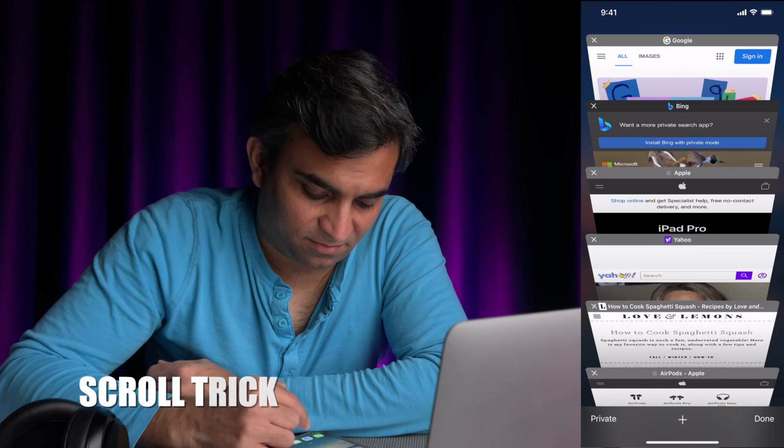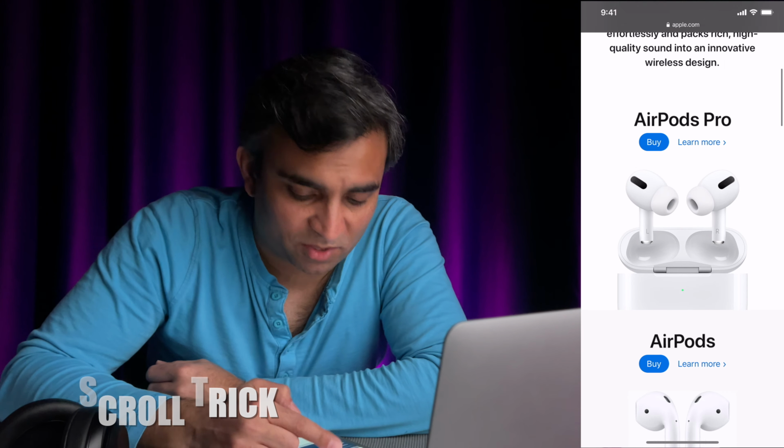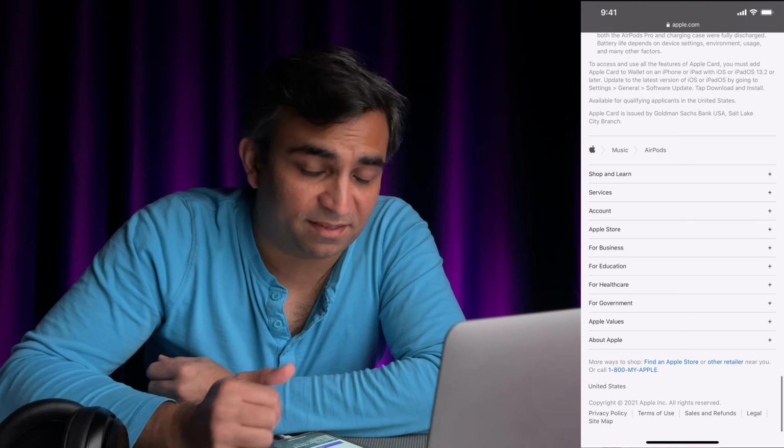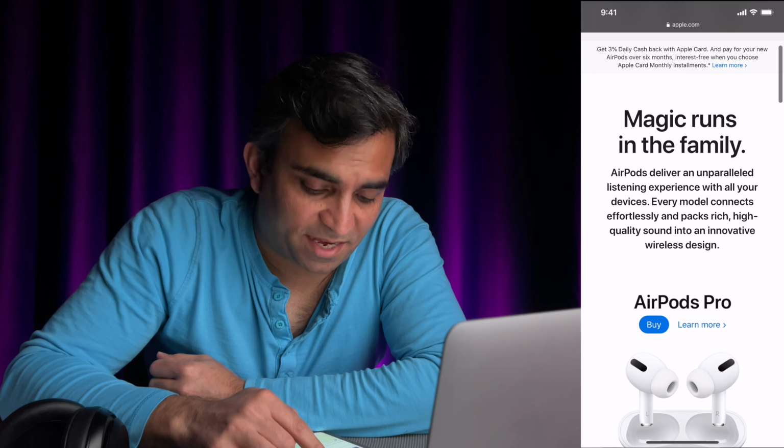Scrolling. You open an app, just keep going, keep going, keep going. And then you go up like this. Or there's an easier way. Go a little, you'll find the slider,